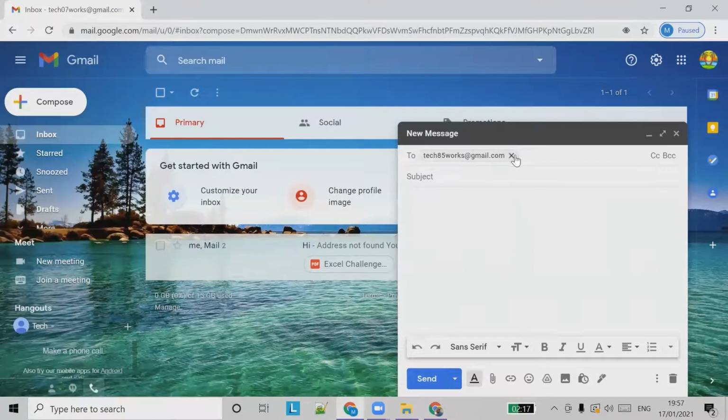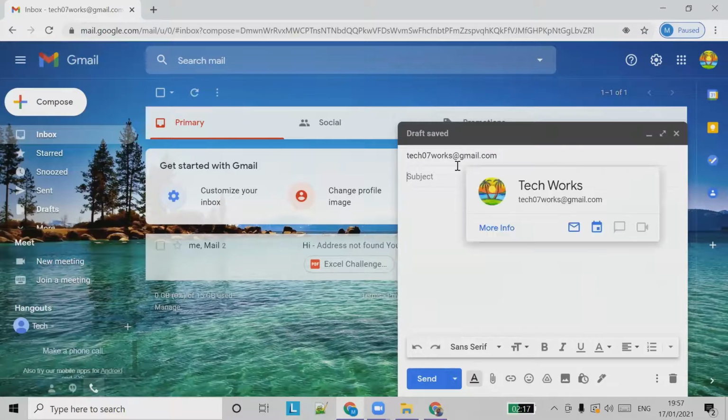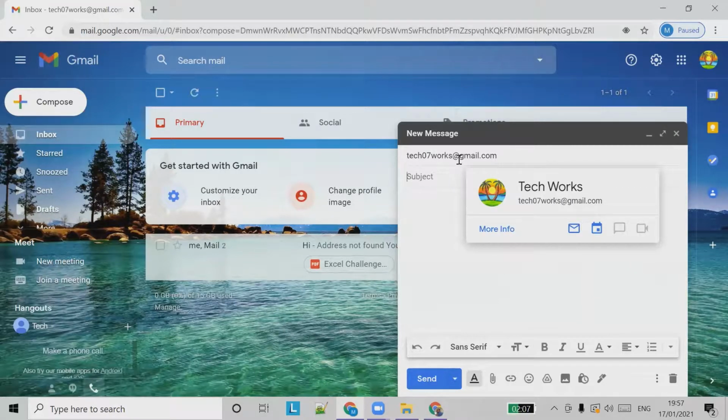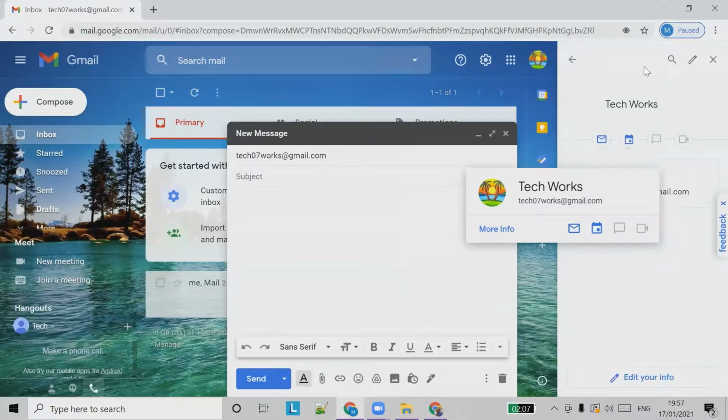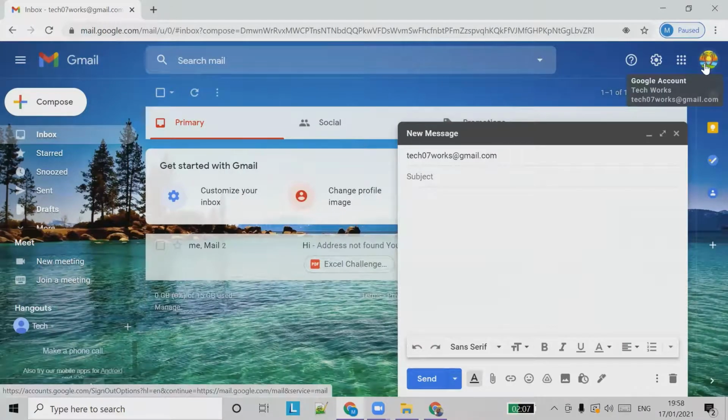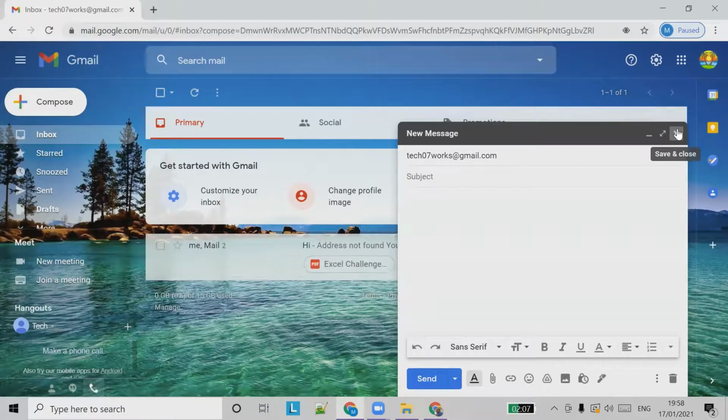Now you can see the purpose: you can see the picture of whom you are sending the email to. Once you hover over it, you can see the profile picture here. That's exactly the purpose of having a proper profile photo. This is how you set a profile picture and how it is useful for others when you send an email.